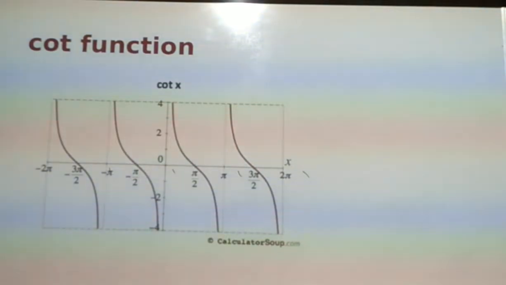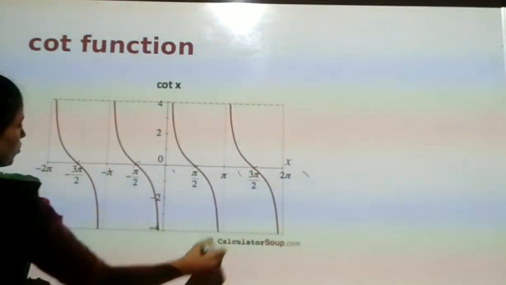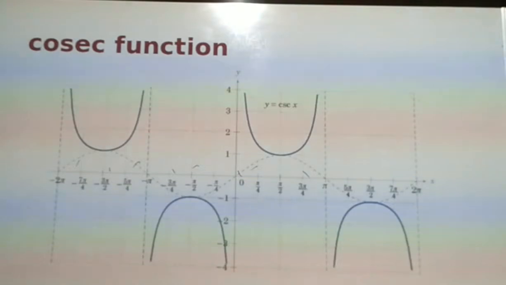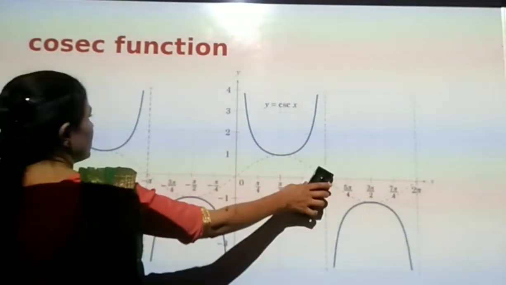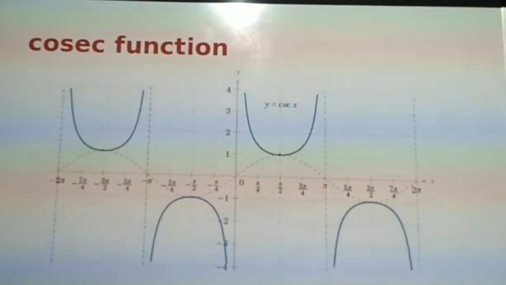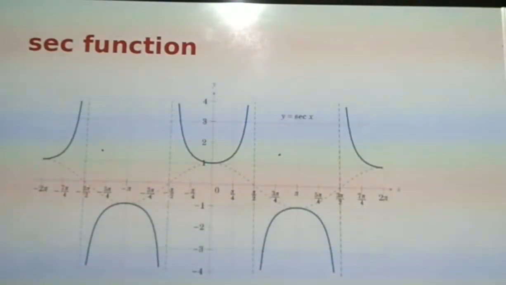Similarly, you can check the cot function. You can see this graph, these are the zeros. So it is also not 1-1. Cosec, again you can find their values. Here the values are the same, so the function is not 1-1. Next, sec, the function is not 1-1. So here you have seen students that all the functions, sine, cos, tan, cot, sec and cosec, are onto but not 1-1.